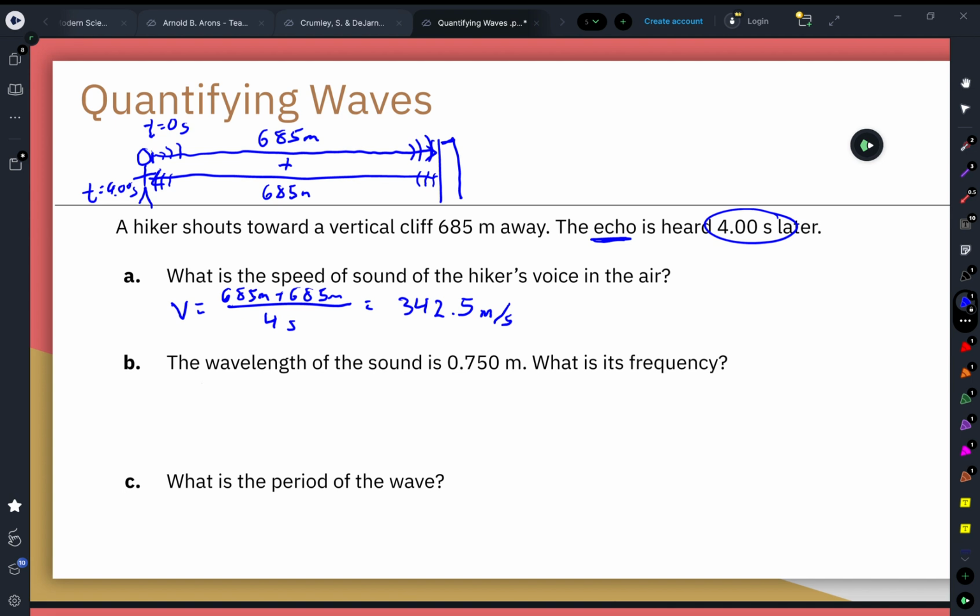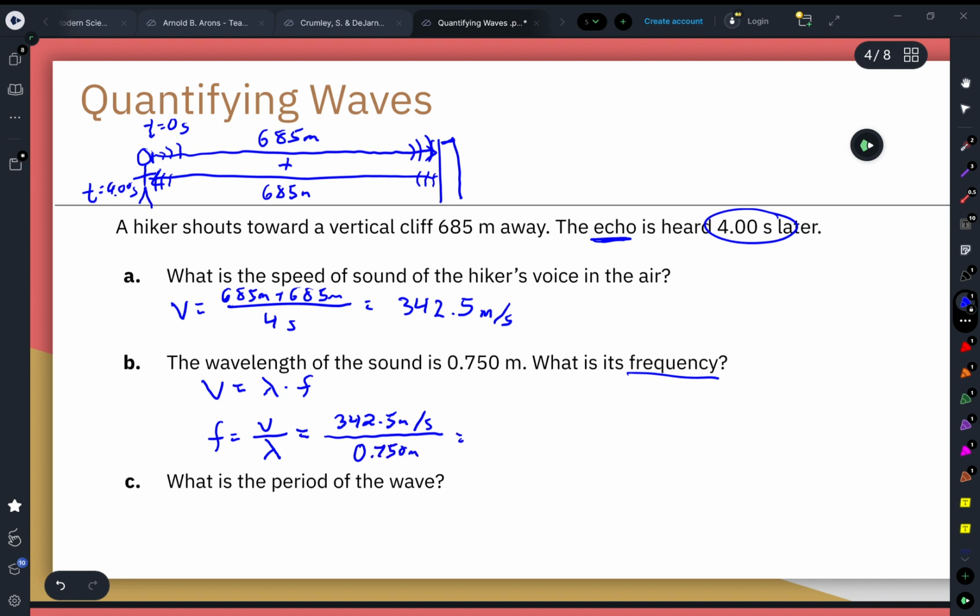To determine the frequency, we start off with our equation for wave speed. Wave speed is equal to wavelength times wave frequency. If I'm trying to solve for the frequency, I rearrange the equation to get the frequency by itself. Frequency is the wave speed divided by the wavelength. 342.5 meters each second, and the wave is 0.750 meters. So the wave speed divided by the wavelength is going to be